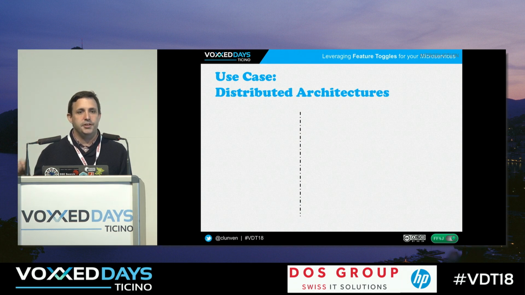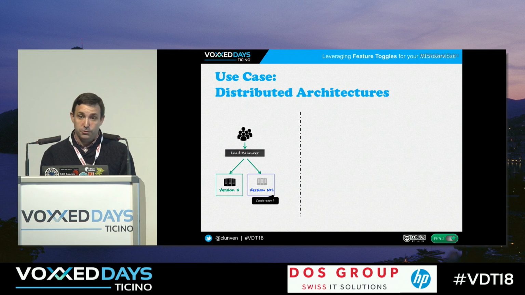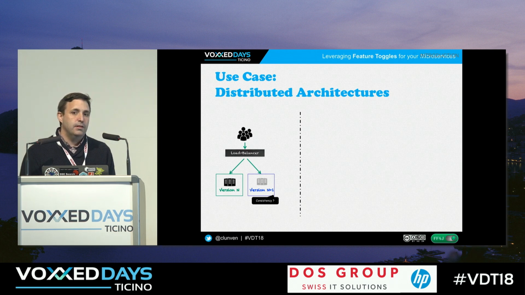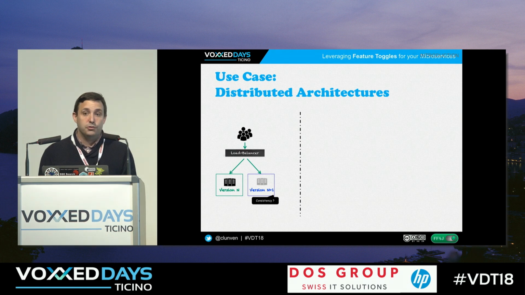Imagine you have a distributed architecture, any kind of distributed architecture. Could be microservices, could be high availability, could be databases, anything. And you have to deploy a new version of your application in your cluster. What do you do? Most of the time, you do what we call blue-green deployment because you don't want any downtime. So we take the first node, shut it down, put the new version N+1 in production, put it back into production, and then second node, shut down, update, put in production. It's good, it works. But if you have more than 2 nodes, you will get some consistency issues.